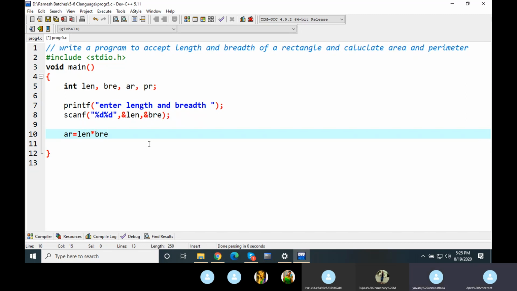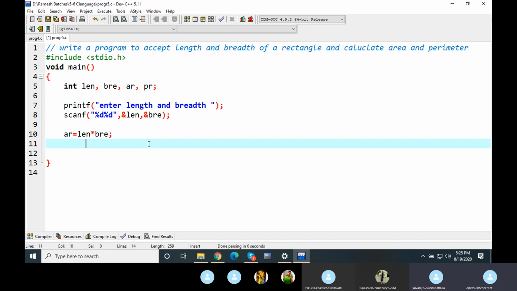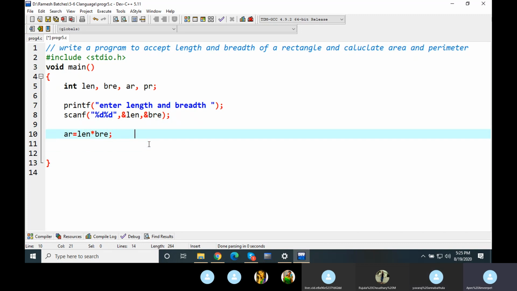You cannot write this as length into breadth is equal to area. This is not correct.